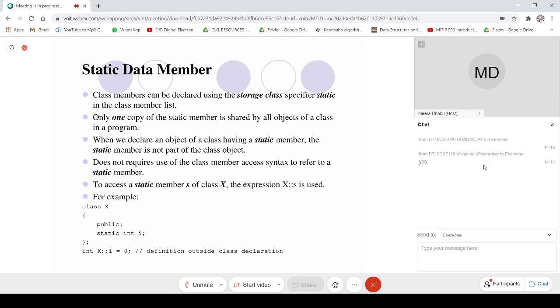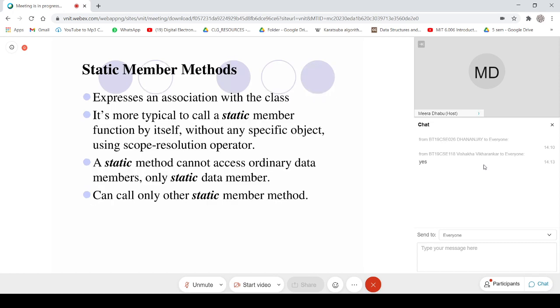Now coming to the static member methods. Some of the member methods can be defined as static member methods. I will talk about static more when we discuss Java.